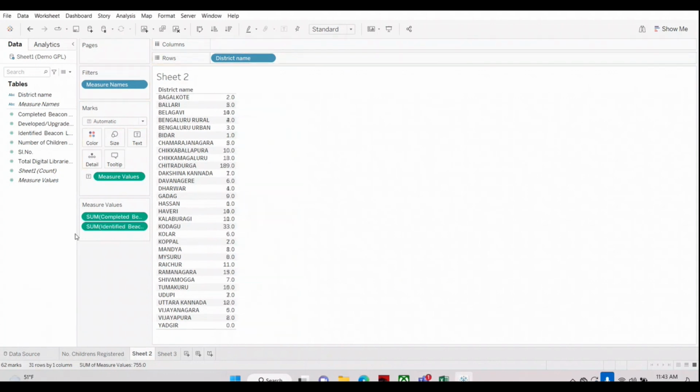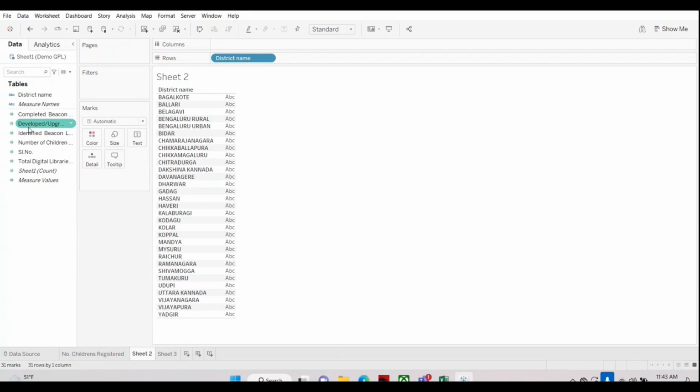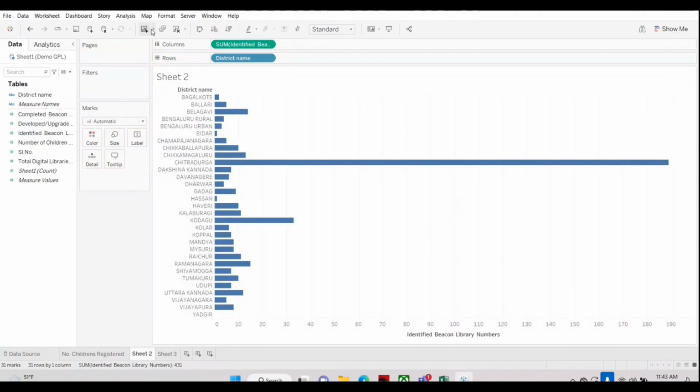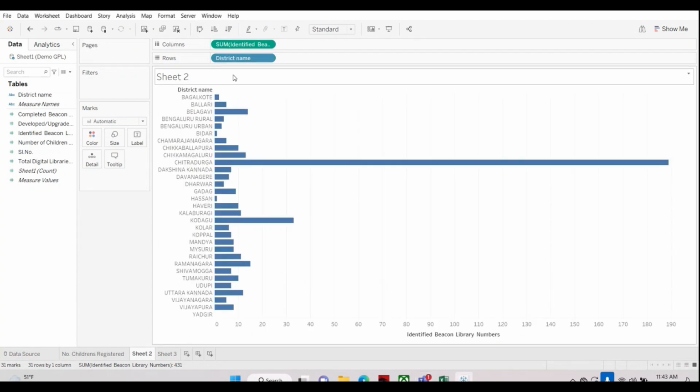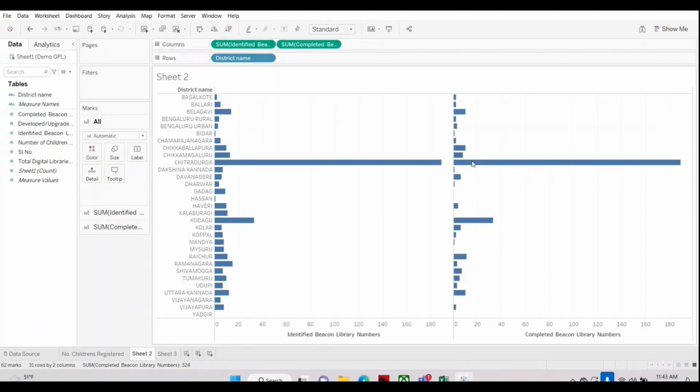Let me remove this. We want identified Bacon library graph. And let us switch to this. Or simply switch this. Now we want the second field to appear in columns. See what happens at this point of time. Completed one. So this is coming like this. We can put here 2, 2,